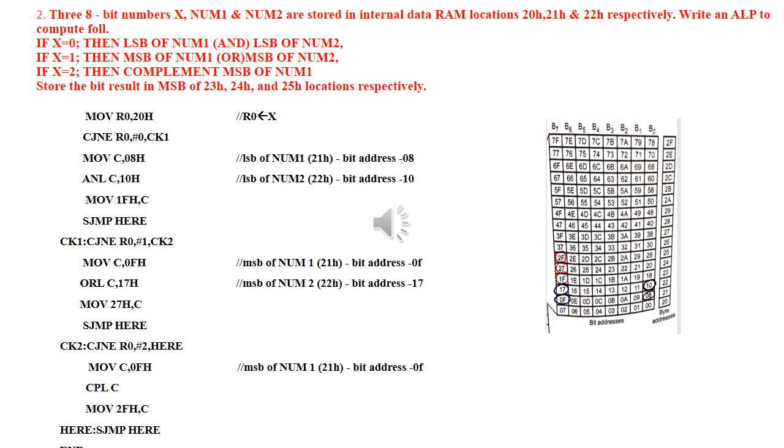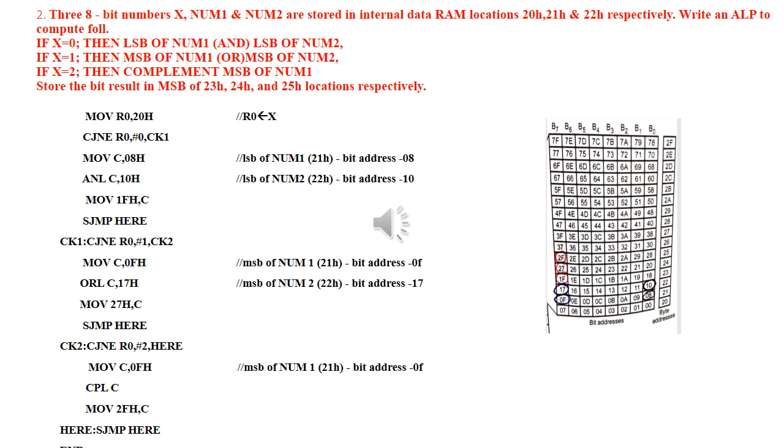If that is the case, you should set the MSB of this 23H memory location. The bit address of this MSB is 1FH. So in the carry flag we have the logical AND result, and you are going to move it to the memory location with the bit address 1FH. After that, you are going to terminate your program by using a SJMP here.